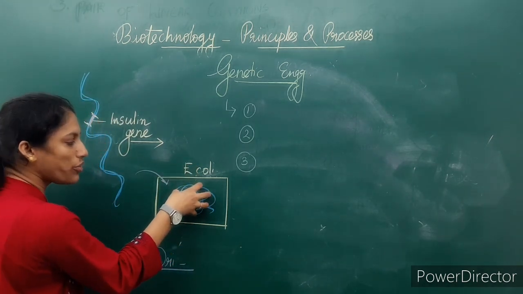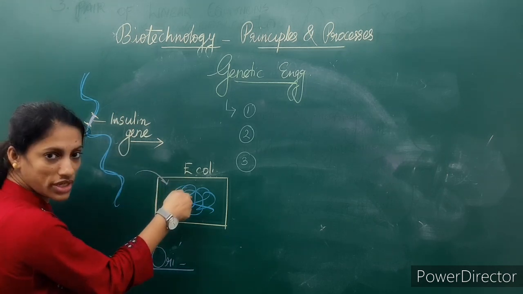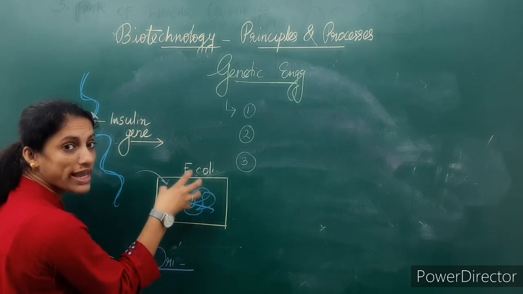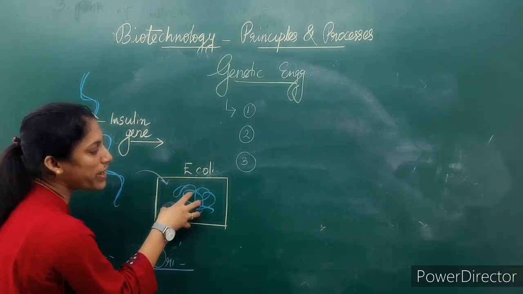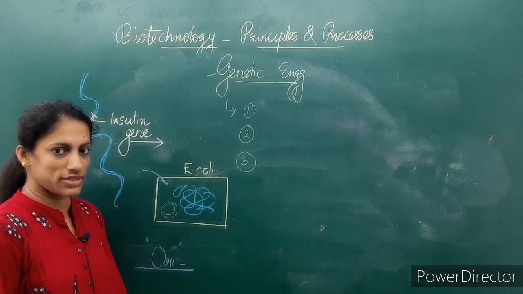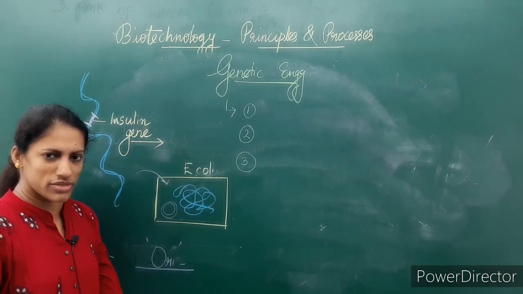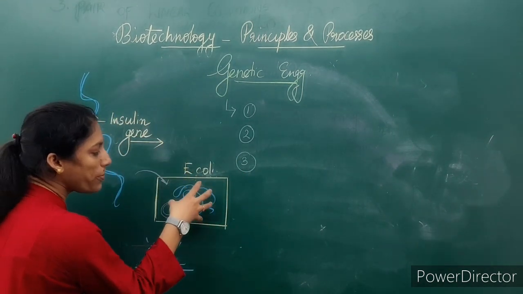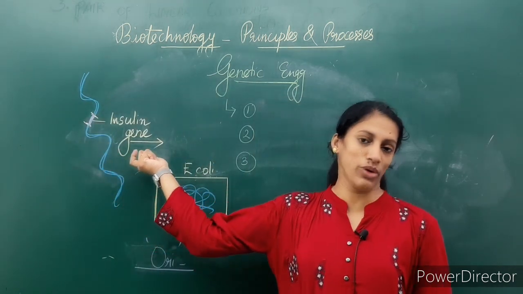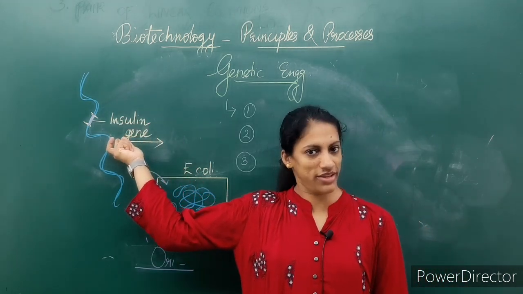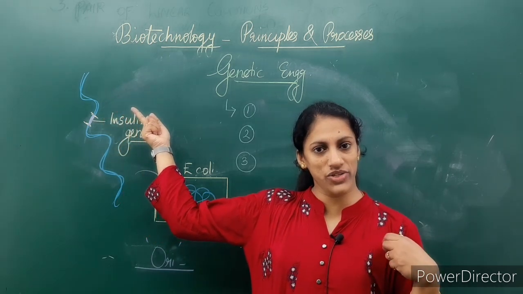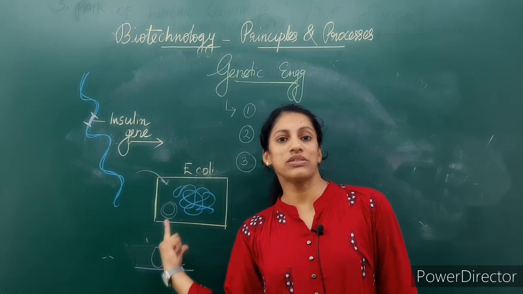If this genome has the ori and if we insert the insulin gene here, this insulin gene can multiply along with the bacterial genome. When this bacteria divides into two, this genome gets doubled, this DNA also gets doubled. That is the usual way, simple sense. That means, in order to multiply a gene of interest, here the insulin gene, our desired gene, in a host cell,